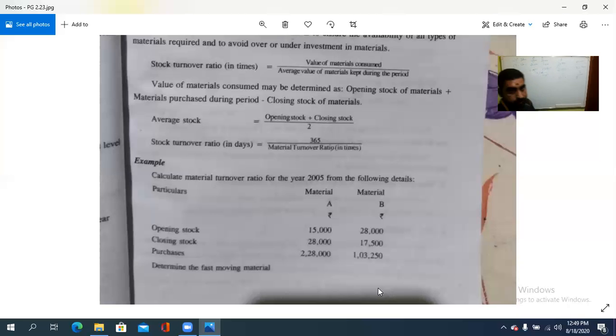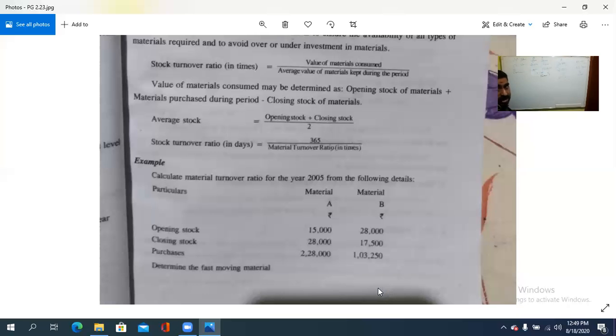So MTR in times is this one. Then MTR in days is equal to, this determines